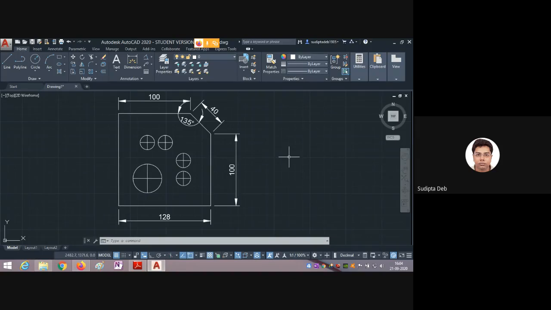I think these things are recorded already. I will send the assignment sheet and this file to your group. From there, try to follow how to draw. Last class Arpon sir already showed how to draw the inclined line using the @ or less than angle symbol from your keyboard. So use this, and try to draw the first problem of assignment 5. Please all of you try to draw these. You need not show or submit. Please try to draw, practice it.